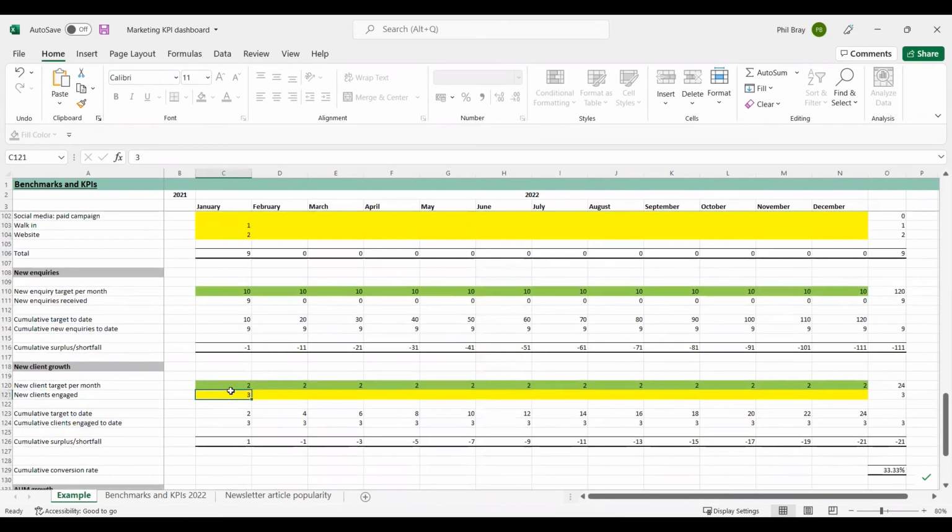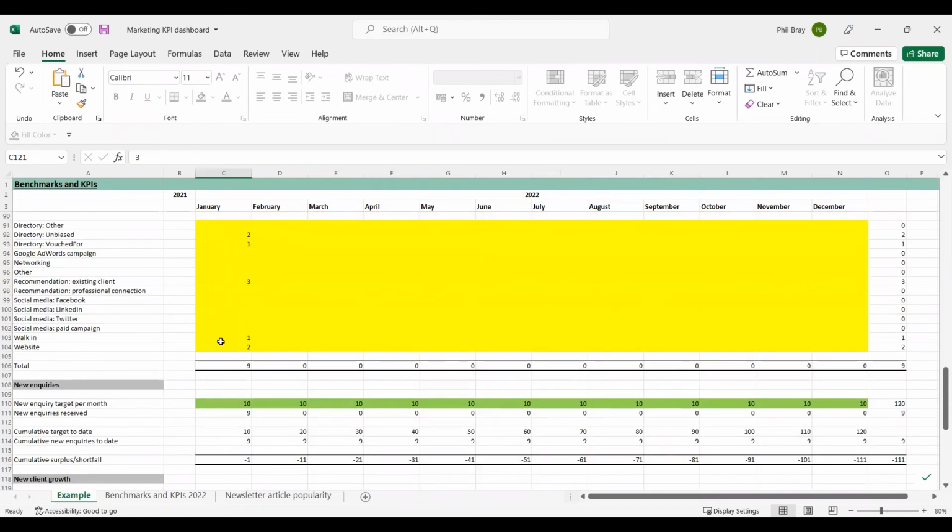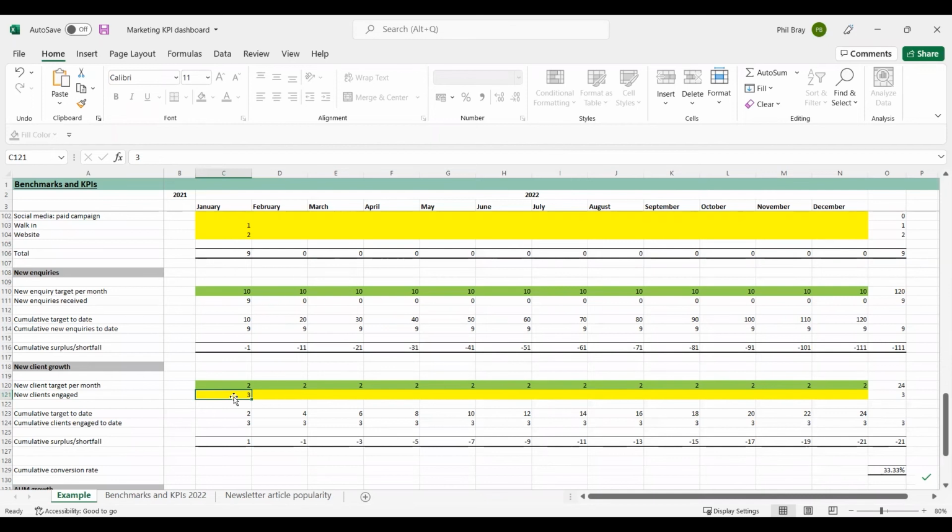The new clients engaged are the clients you engage in January. Those are probably from leads that came in the previous months. So it might be inquiries that came in August, September, October last year that you are actually signing up in January. So the leads are the leads that came in January. The new inquiries are the new inquiries that you signed up in January. Sorry, the new clients are the clients you signed up in January, but they are probably leads that came in